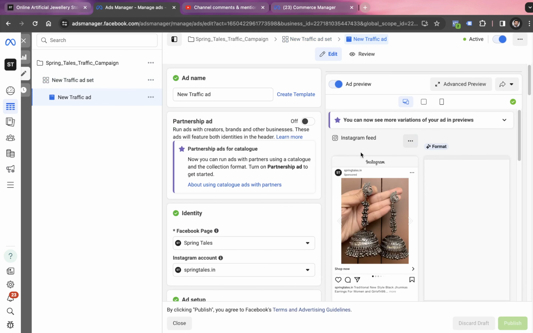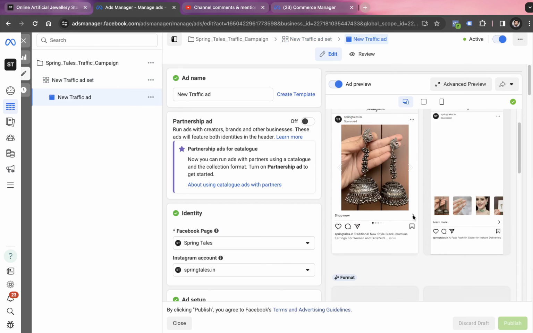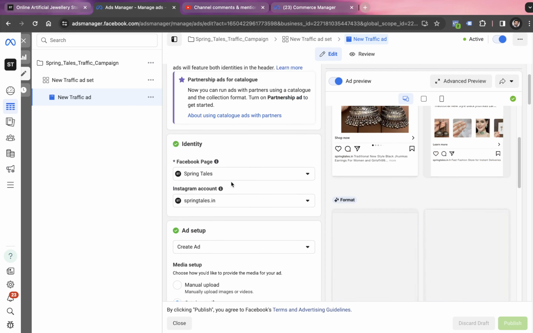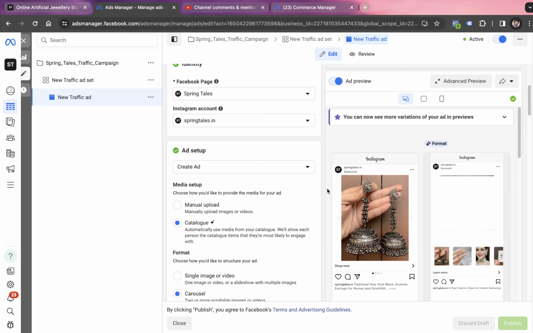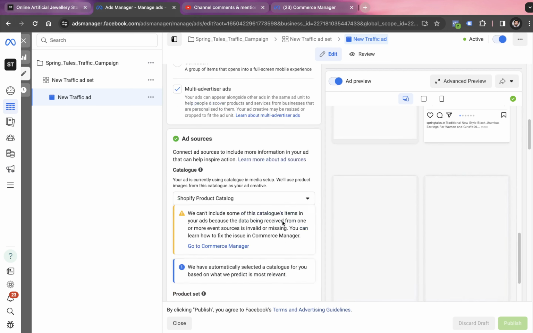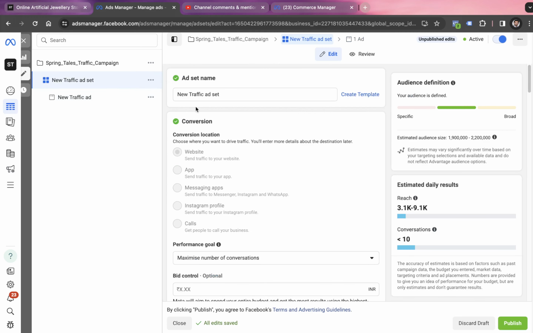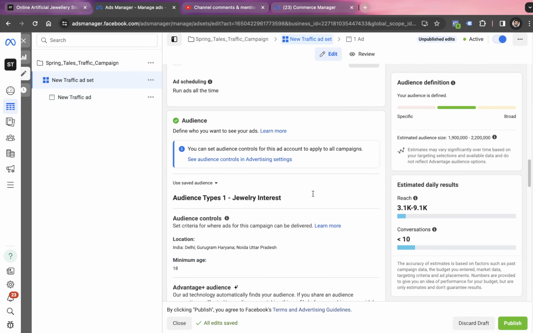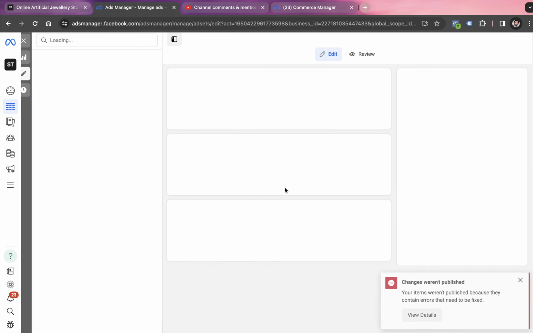In the last video, we also changed the products in this campaign. We added the product catalog list. And ideally, traffic campaigns do not go with a product catalog list, they go with single banners or images. But then we have also added this list. And now we are getting some error in this traffic campaign. We can't publish it. I don't know why. Let me try publishing it once again.